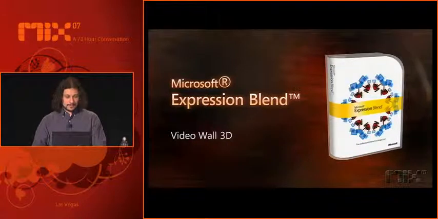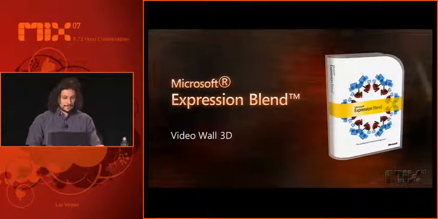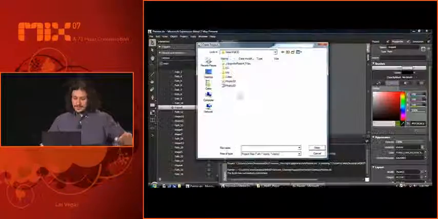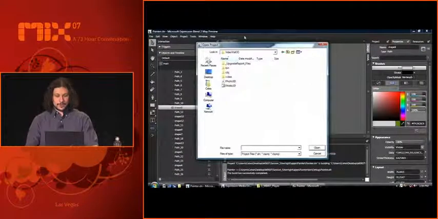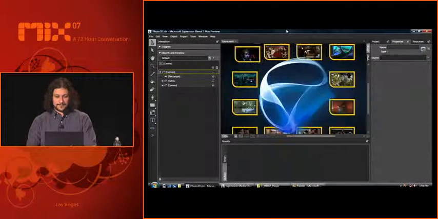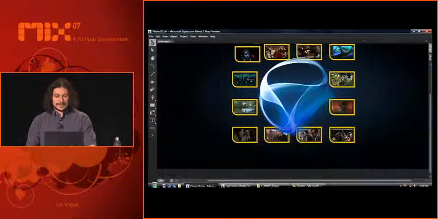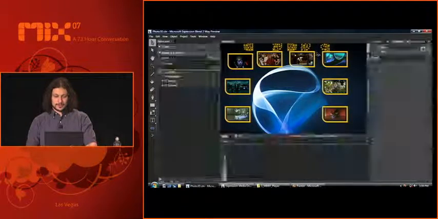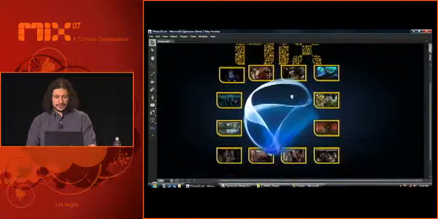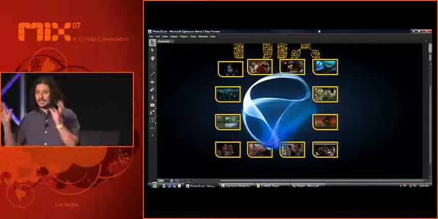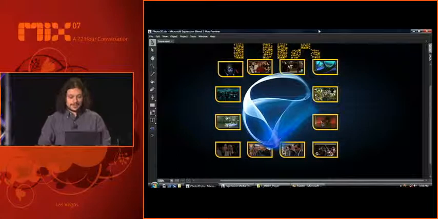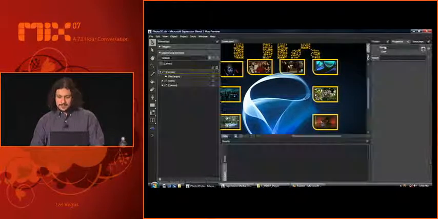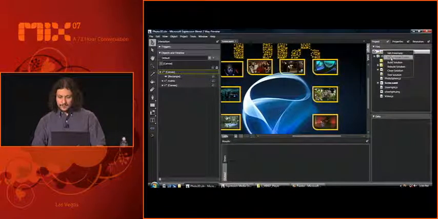Okay, I can open that video wall 3D. Sorry, I'm just opening the right folder, and then I go to Photo 3D. Here you go. And in Blend, if you press the Tab key, you can just hide and reveal the controls. So I started this project in Blend, just setting up my environment. And then if we open the code behind,